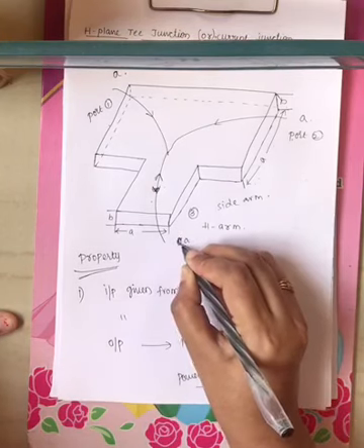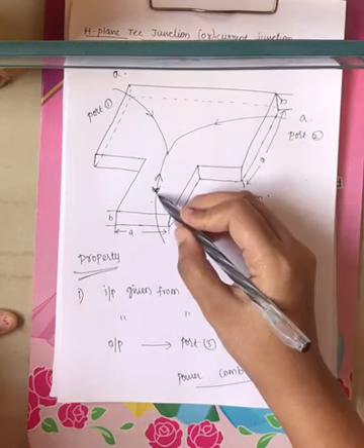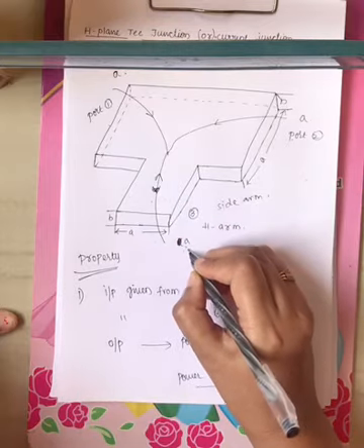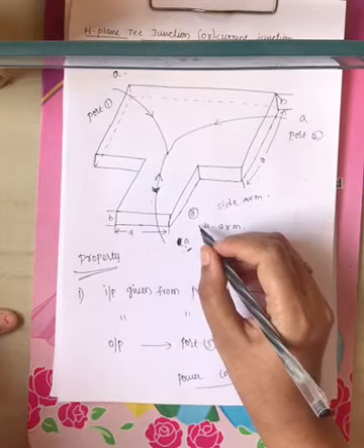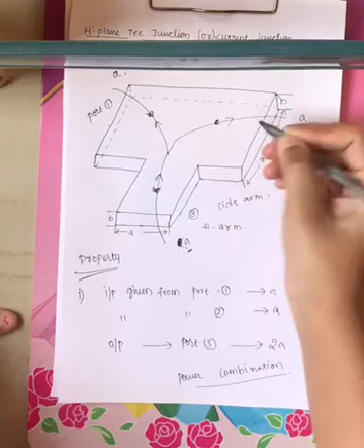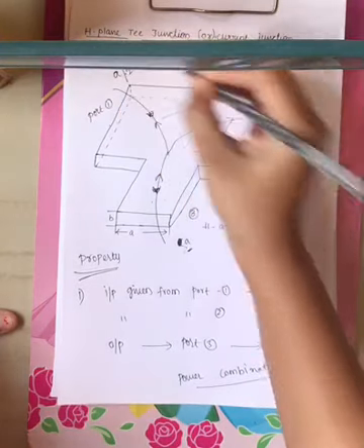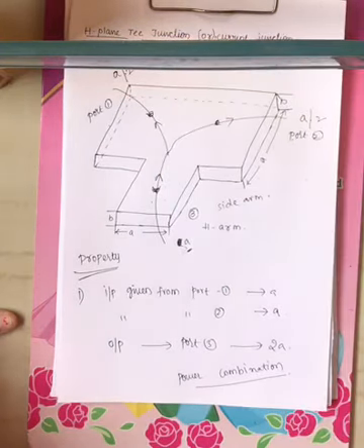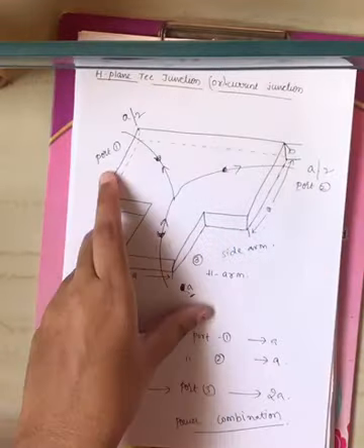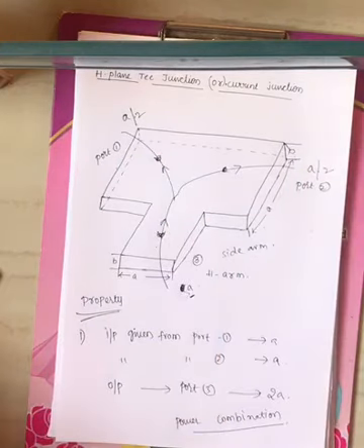You will get output from port 1 and port 2, which are equal in magnitude and phase, right? Now if I give input power from port 3 as A, what is the input amount of power? That is A, right? Now where will you get output? You will get it from port 1 and also port 2, which are equal in magnitude and phase. If you are giving input power A through port 3, output at port 1 will be half of that power and port 2 will also be half of that power, right?